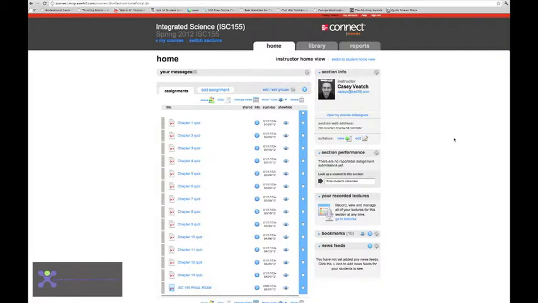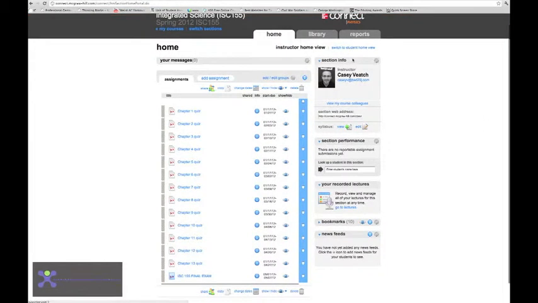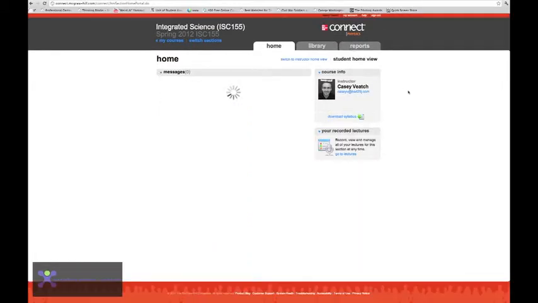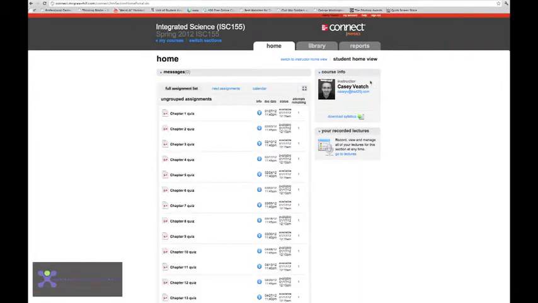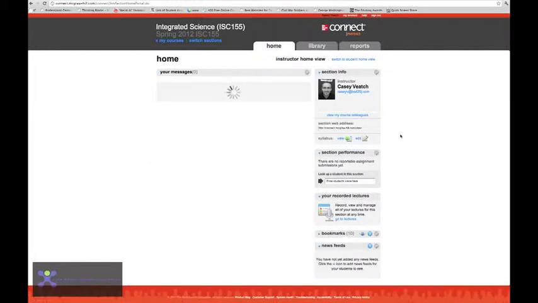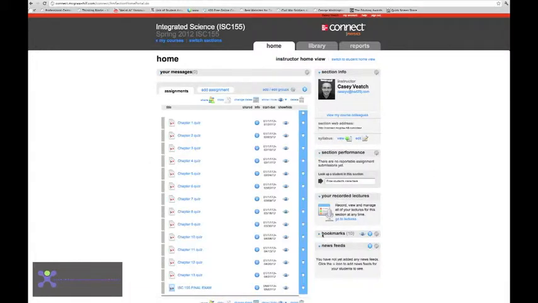Okay, a couple of things. First of all, this is the way it looks for me. Notice you don't have this option. I'm just going to switch it to the student home view. Not a lot different. There's just a few less things over here on the side. Okay, in order to show you everything, I got to be back in here, and we're going to go ahead